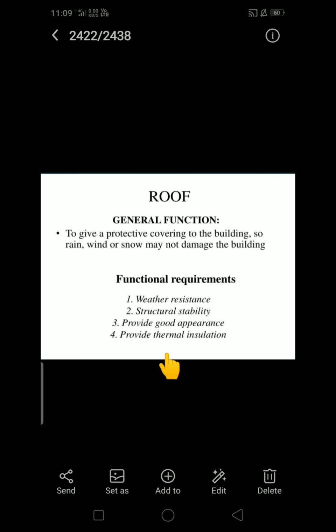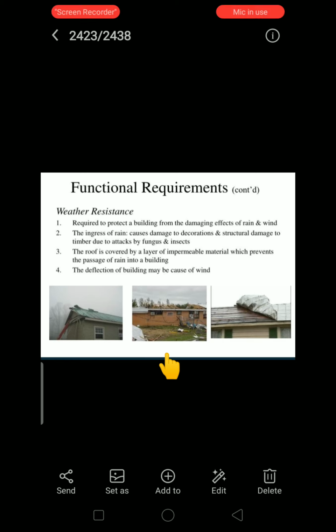And coming to the functional requirements of a roof, what are the functions? The first one is weather resistance, then structural stability, providing good appearance, and providing thermal insulation. Speaking about the functional requirements, it protects the building from the damaging effects of rain and wind. So this is the weather